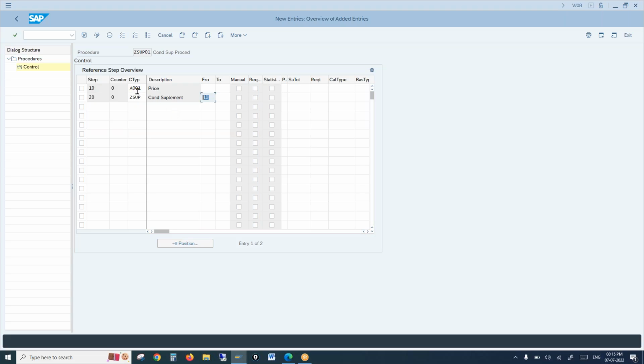That means the supplement procedure should trigger only when my base price touches the full value. Okay, full price. That is maybe 1,000 or whatever it is. Whenever it touches the full price, then only the system should pick up this. Right. So let us save this. And now